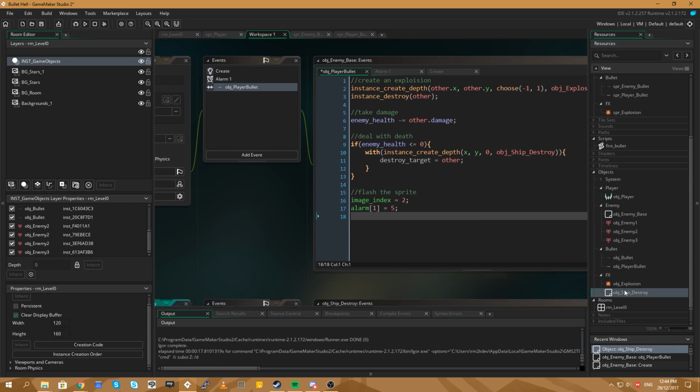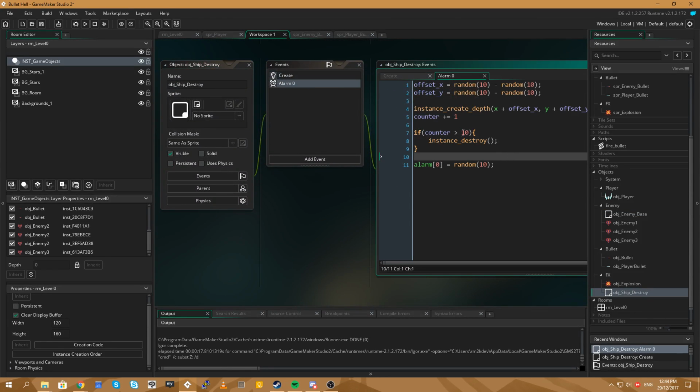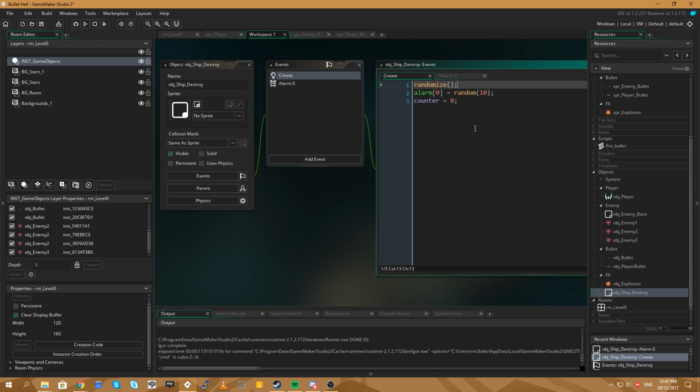Right, and then over here in the effect, we can say when this counter has got to 5, so halfway through the effect, if counter is equal to 5, we need to say destroy target. Destroy target equals -1. Null.